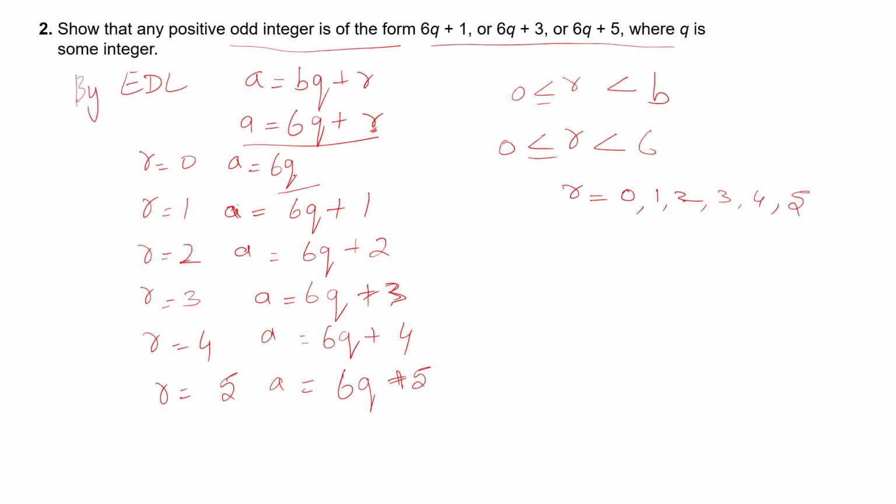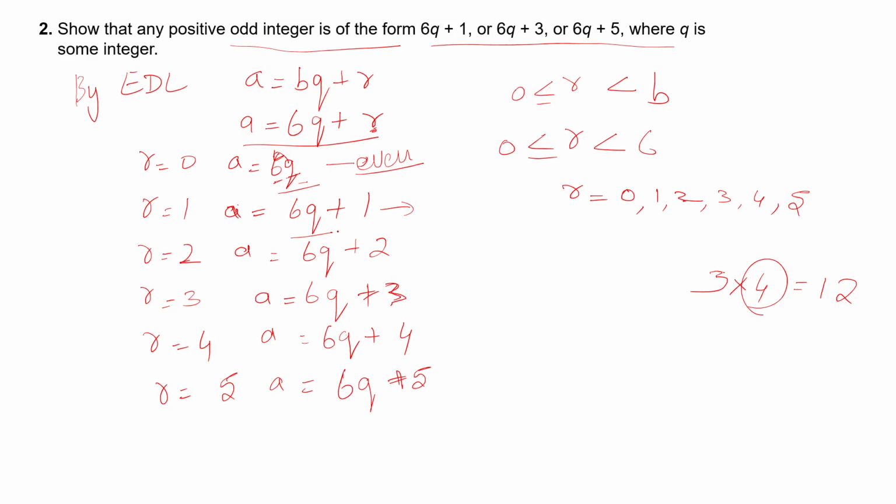What is the form of this? Odd or even? This I have explained again. This is even. Why even? Q is what? An integer. Any integer, whatever be the number, if you are multiplying by an even number, the answer will be even only. Okay, so 6 is an even number, q is an integer, and I am multiplying an integer by an even number, so that answer will be even. Is that okay? Right? Yes.